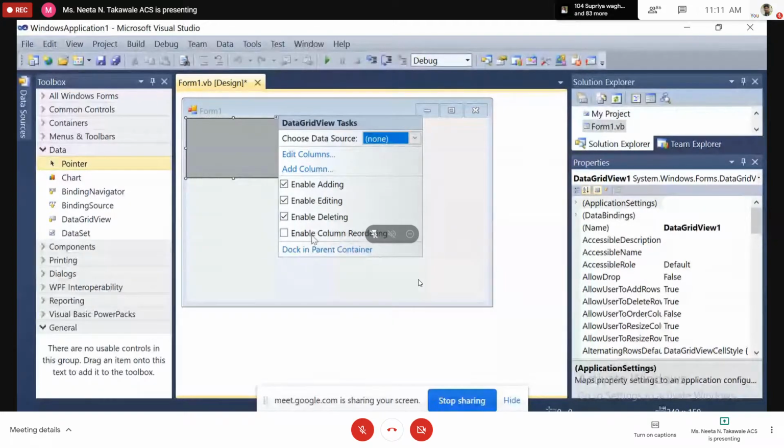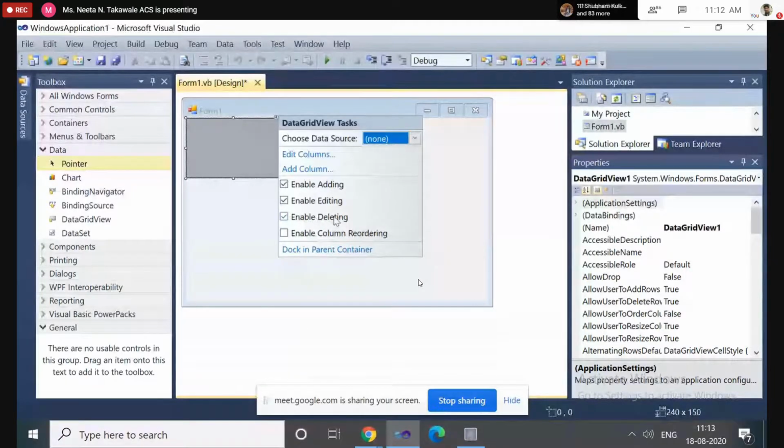Okay, and here we set the properties for that data grid view. That means we allow adding the number of columns into the data grid view. We are allowing the user to edit the columns. We are allowing the user to delete the columns, and we are allowing the user to reorder the columns. Reordering means whether you want to change the order of the columns. If you want to keep the fifth column in place one, then you can reorder it by enabling this